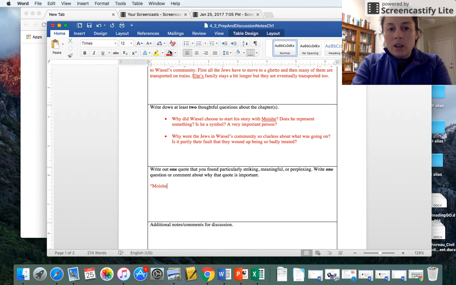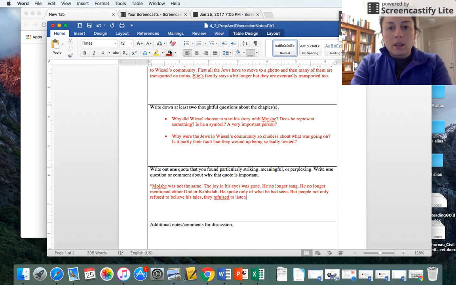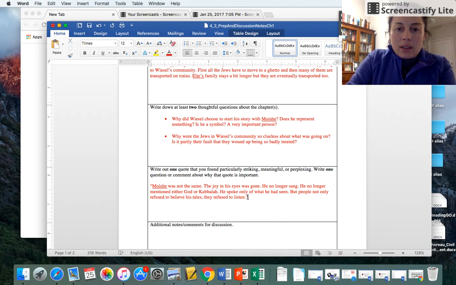So here's the quote. "Moishe was not the same. The joy in his eyes was gone. He no longer sang. He no longer mentioned either God or Kabbalah." Kabbalah is a form of Jewish mysticism. "He spoke only of what he had seen. But people not only refused to believe his tales, they refused to listen." And that really stuck out to me for this one line. He only spoke of what he had seen. And this connects to the Nobel